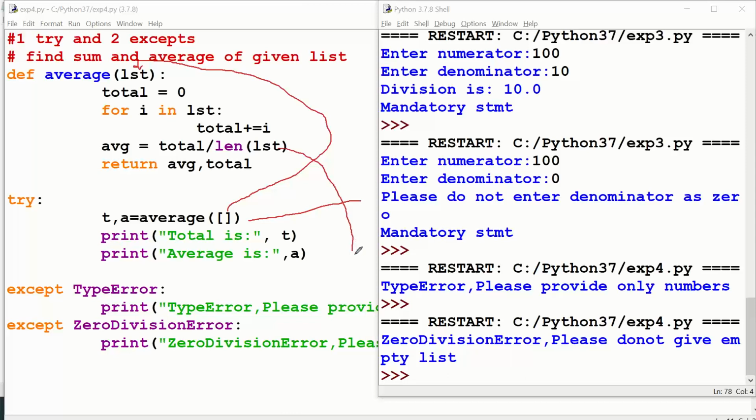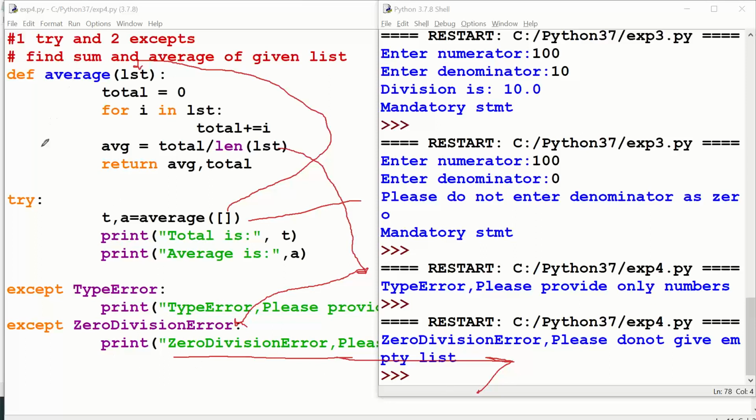So shall I directly go ahead and display ZeroDivisionError, or shall I look into the different except blocks? Yes, here the user has given many except blocks. So let me search for my current exception, which I am facing, that is ZeroDivisionError. So yes, this one is handled. This developer is a nice guy, he handled ZeroDivisionError. So what is he writing in the ZeroDivisionError block? Let me go and check. Okay, he is telling to give this message to the user: ZeroDivisionError, please do not give empty list. Let me go ahead and display this message on the monitor. So that is how your interpreter is working.